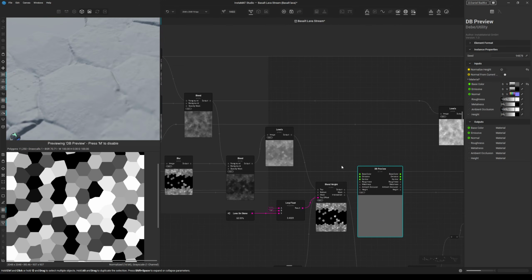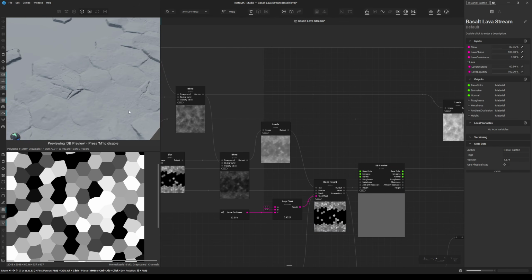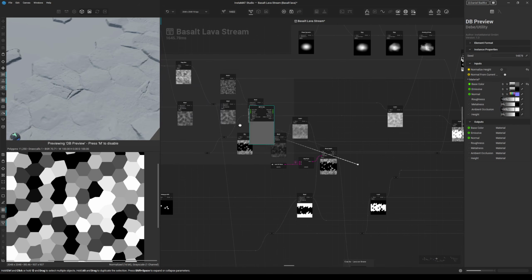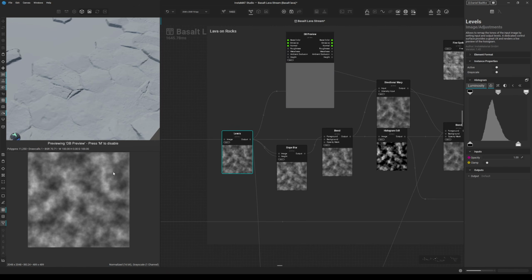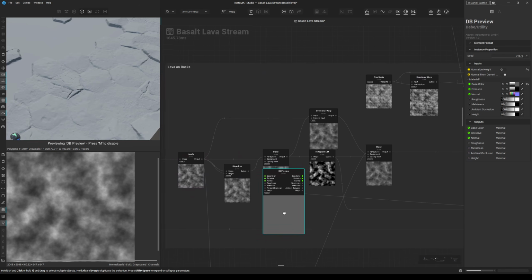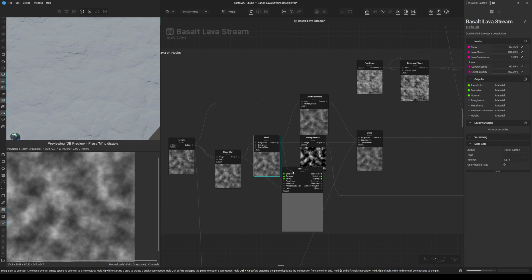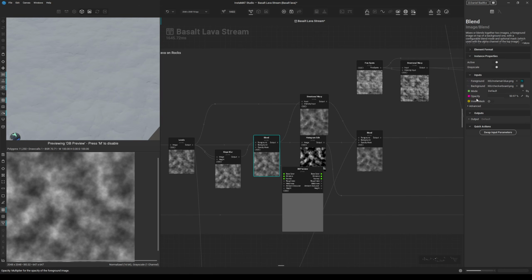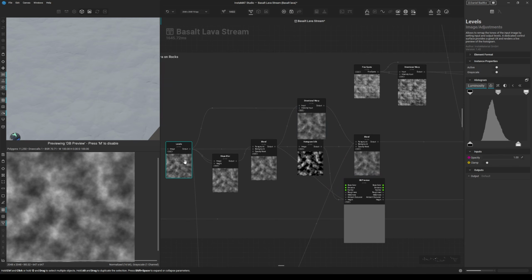The next step was to build the lava that is on the stones. So as you can see, we are getting some muddy looking lava that is supposed to be spilled out from the lava flow. And how I did this, I used the levels node on a clouds noise. I slope blurred it and blended it over the clouds noise again with an opacity of nearly 15 and a default blend. I directional warped the result with the clouds noise here